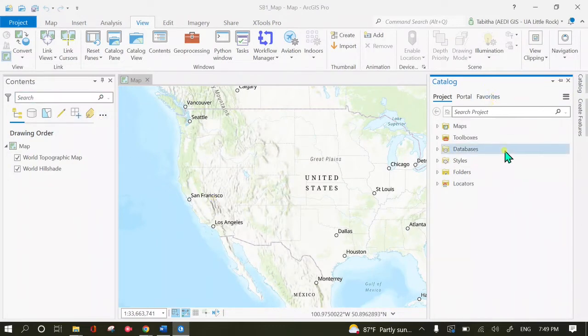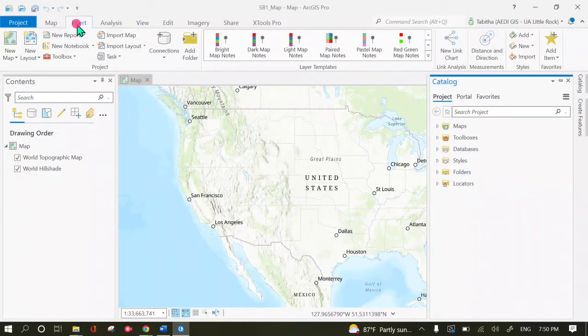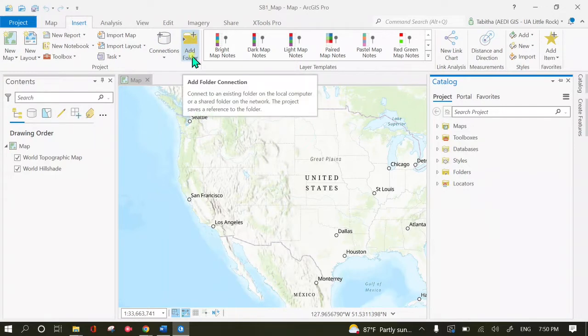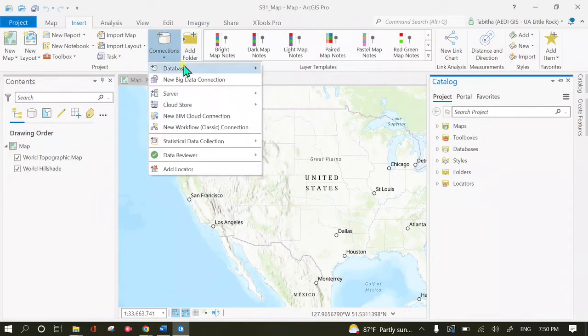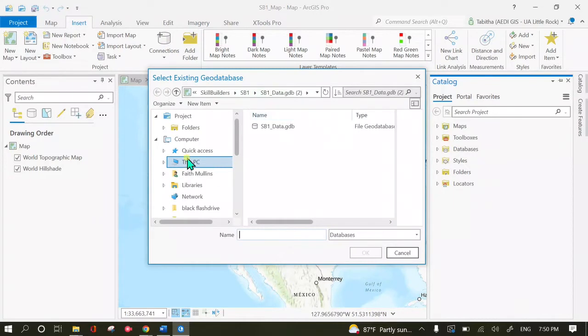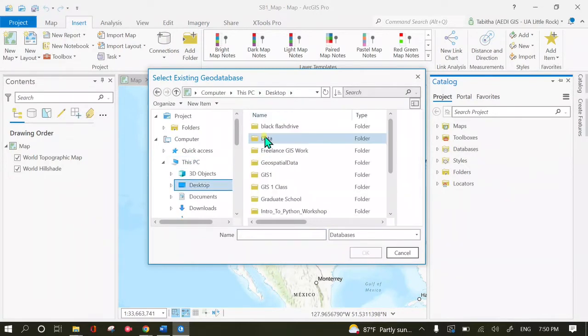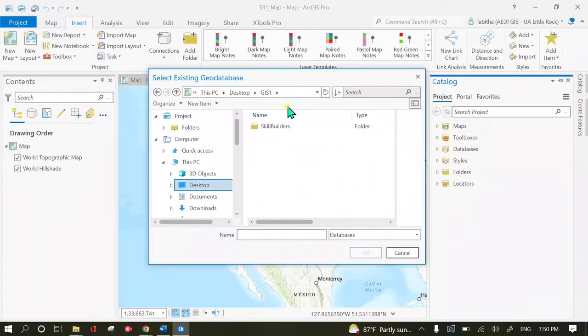So now that you have your table of contents and your catalog pulled up, we are going to connect this map to some data. To do that, you're going to go to the Insert tab, and we are going to connect a geodatabase, but you could also connect individual shapefiles using the Add folder. So click on Connections, select Database, Add Database, and you're going to navigate to that data folder that you downloaded